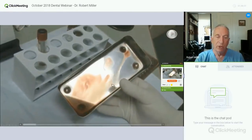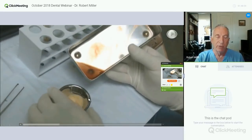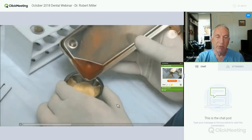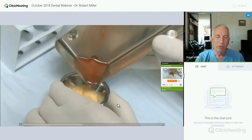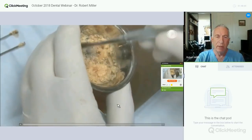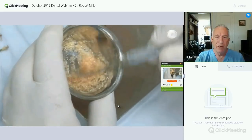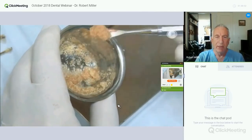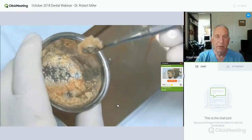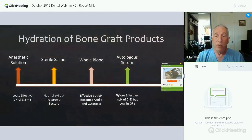After using serum, if you want to get a decent hydration, it's a beautiful hydrating material because it's pH neutral. It makes your bone graft sticky, so it handles beautifully on a spatula. You pick up a little bit and you can turn the spatula upside down and it doesn't roll off like particulate material because it contains tissue adhesion proteins, thrombospondin, vitronectin, fibronectin, which is good stuff. Now we look at